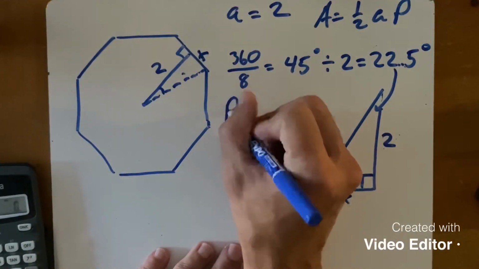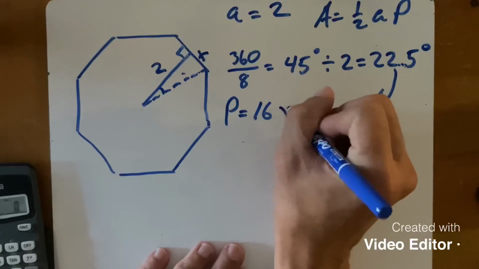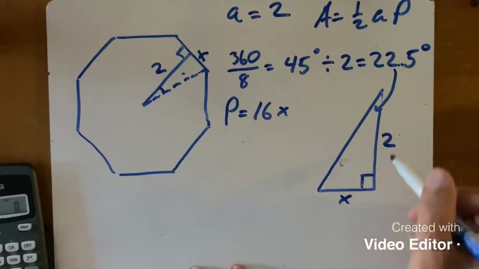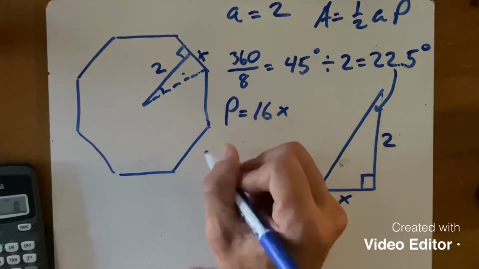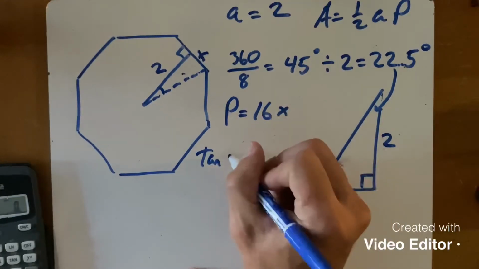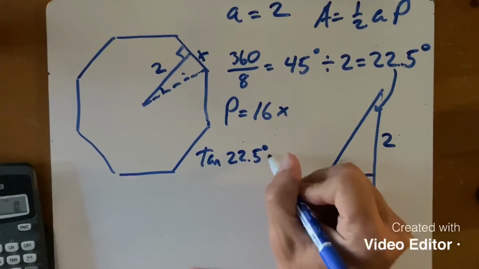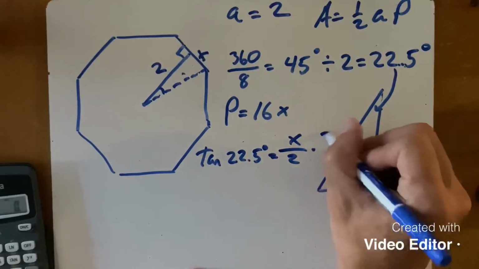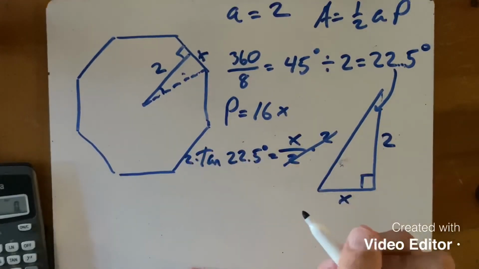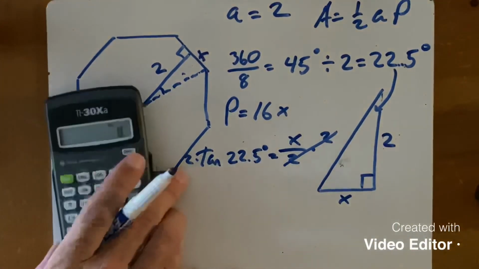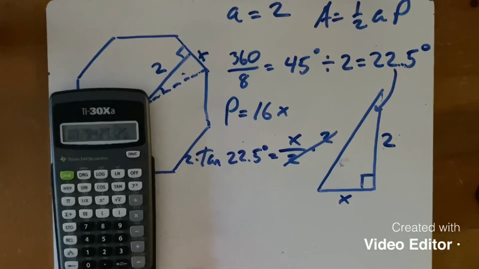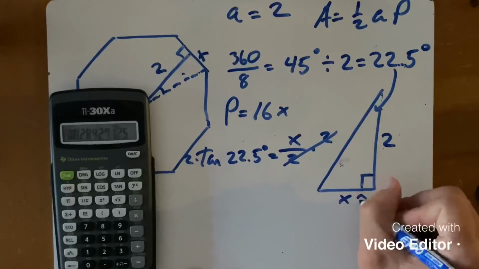So once I find X, if I multiply that by 16, that'll give me the perimeter, because there's 2 on each side. So perimeter, in this case, is equal to 16x. So we plug it into our equation. Let's solve for x. That's the opposite side, and this is the adjacent side, so I'm going to use tangent again. Tangent of 22.5 degrees has to equal the opposite side divided by the adjacent side. Multiply both sides by 2. In my calculator, I'm going to do the tangent of 22.5 degrees, and then multiply that times 2, and that's x. So we're going to say approximately